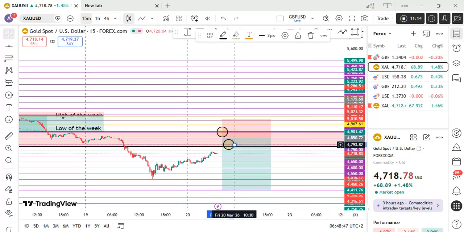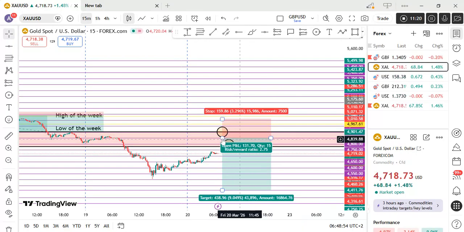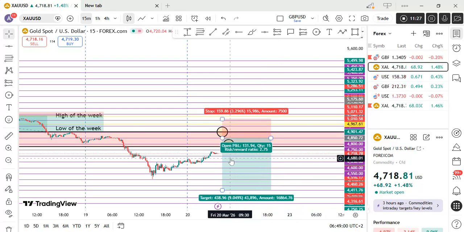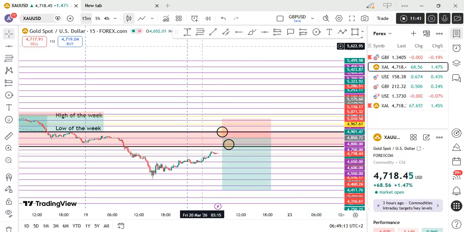So if price eventually pulls back to this level, what are we going to do? The same thing. The stop loss is definitely going to be placed above the recent high price has created. Then we're going to target times three of whatever we're risking. On a given day, we're going to target around 3-point-something risk-to-reward, or even 4-point-something, or even 50 pips. That's literally what I'm waiting for today, to see if price comes to this level and retests it.